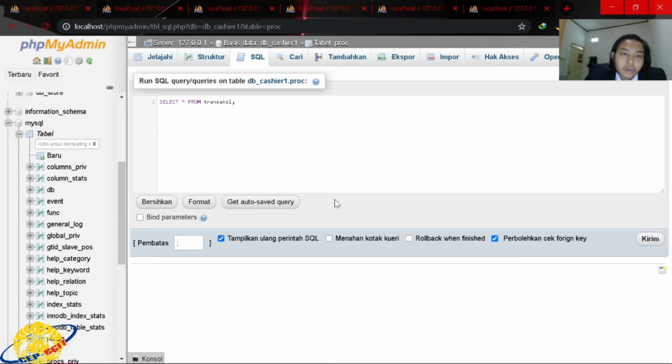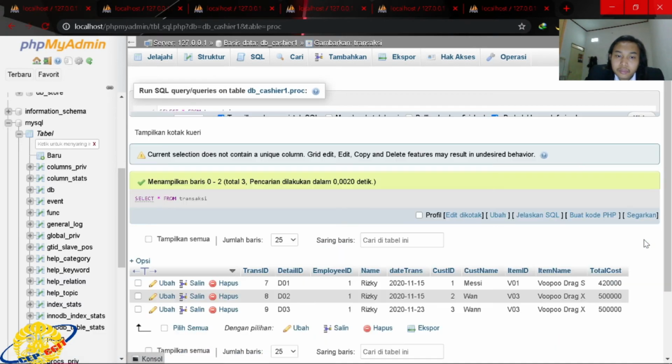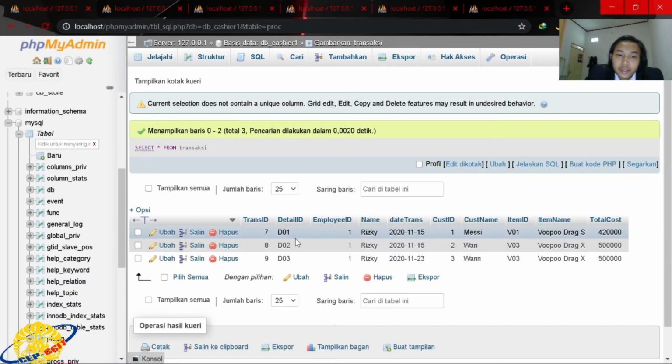Okay, now I will show you the view of transaction, that is the inner join from the transaction detail and inner join to the transaction. Okay, this is the query: select all from transaction, then we execute the query. Okay, like this.